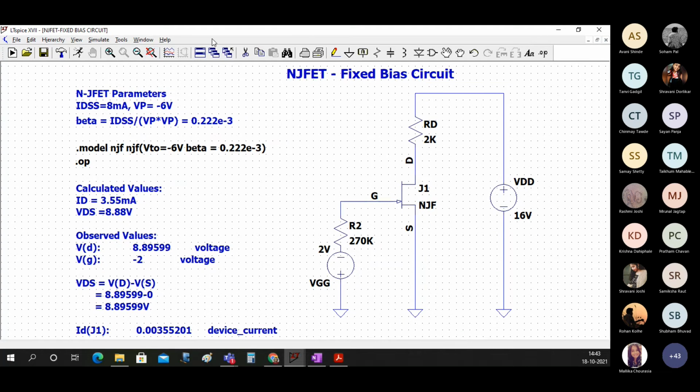So this is your fixed bias. So we did 3 circuits. We have done fixed bias, we have done self bias, and we have done potential divider bias.